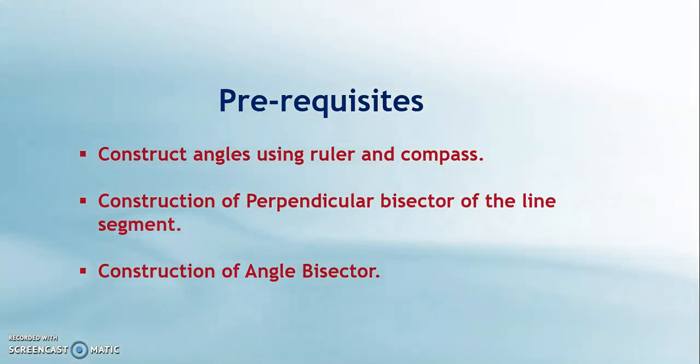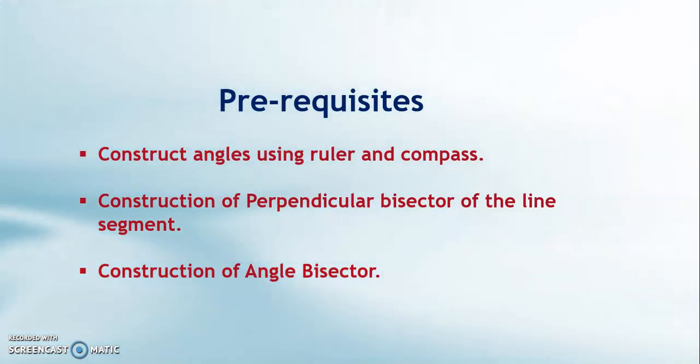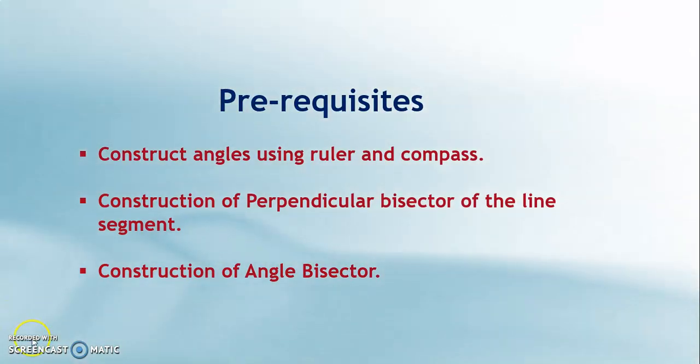So before learning how to construct this special triangle, you just go through these. Now let us start constructing. So let us start drawing it. Mark the point A and B at a distance of 12 centimeters